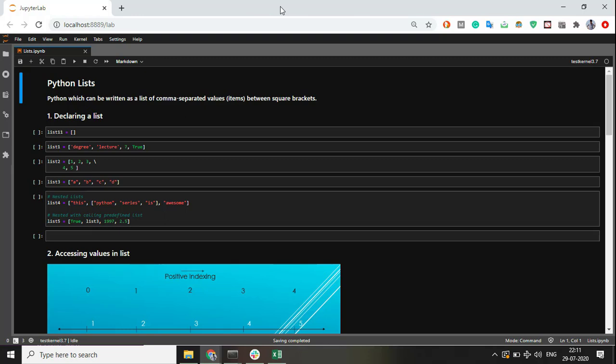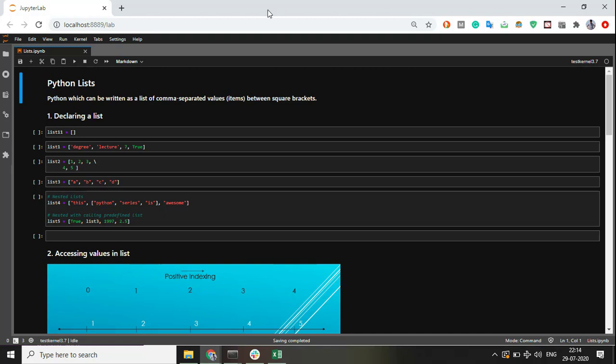So in Python programming, the most basic data structure is a list. Each element of a list is assigned a number. So a list is basically created by placing all the elements inside square brackets separated by commas. So a list can contain multiple number of items in it, and they can be of different data types. It can consist of an integer, a float, a string, a boolean value, etc. A list can also have another list as an item, which we call a nested list.